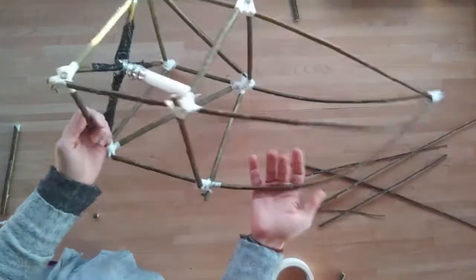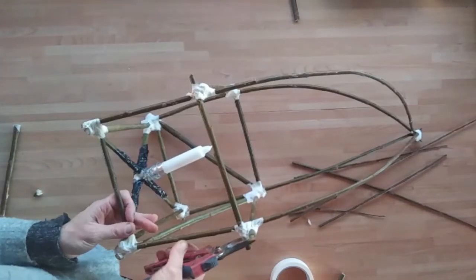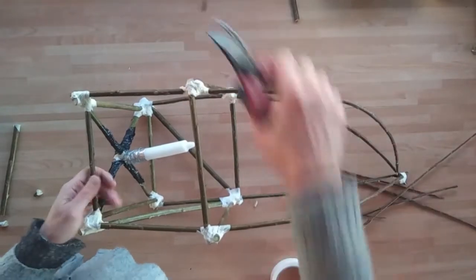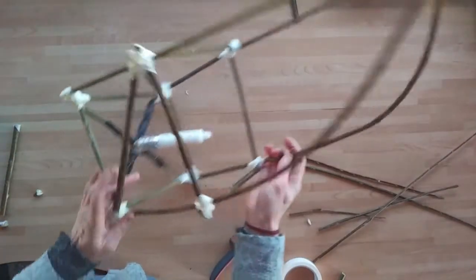All right, 1, 2, 3. Yes, and we are all still in one piece. Perfect. Ta-da! Great, and the candle's even still in. Fantastic. Okay, so I'm going to neaten it up a little bit here. Chopping off all these bits. There we go, and there. Okay, so